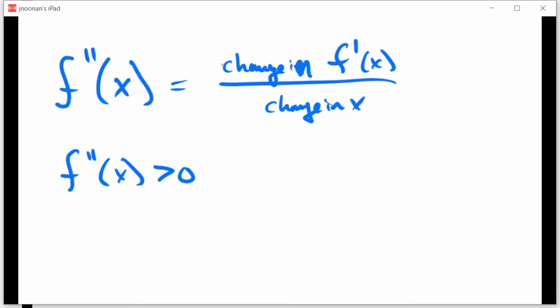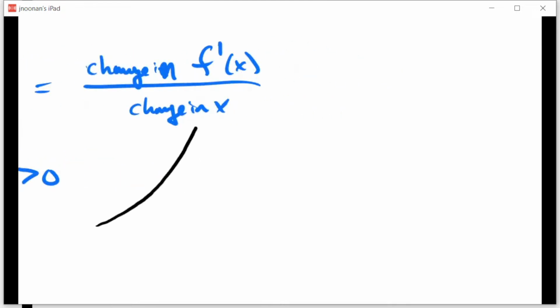So here are some examples of this. Draw this like this. You could have something like this. Notice that my slope is getting steeper and steeper, getting more positive. So that's one example. Another example is something like this. Let's say that we're decreasing slope. If we're going down to begin with, having a positive second derivative means that the slope is changing, but it's getting more positive. So you're actually going to kind of curve like this. So kind of at the bottom of a ski hill. So those are examples of